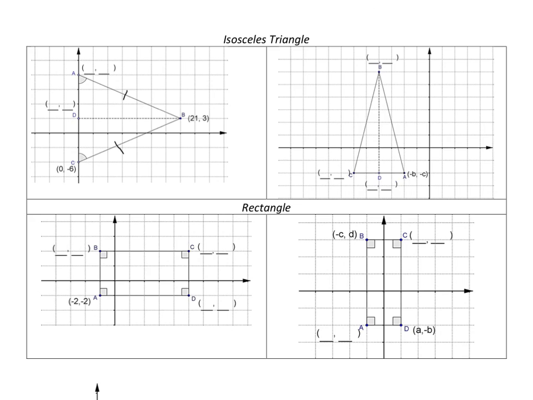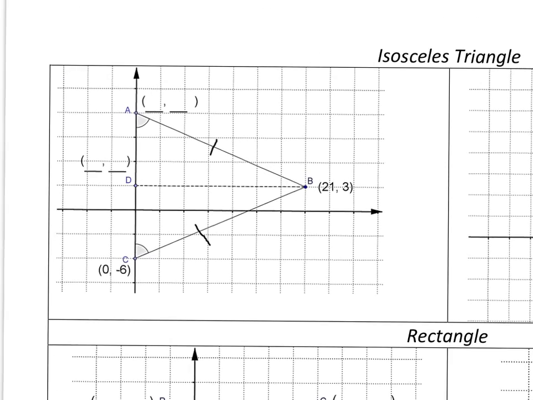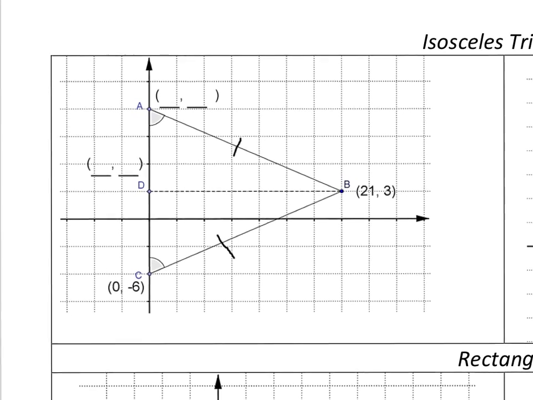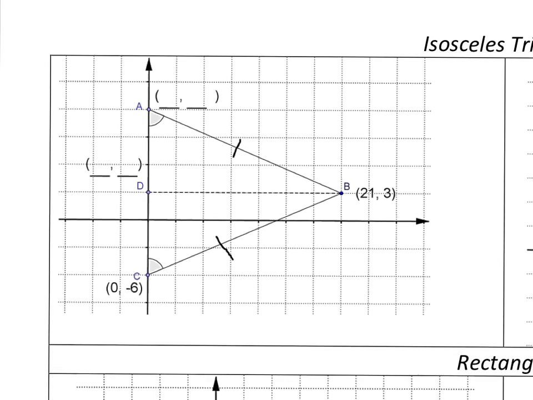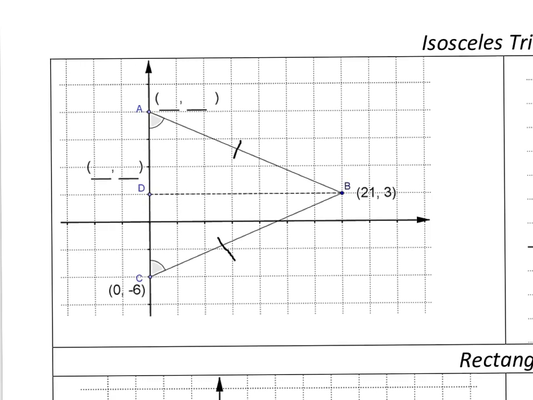Okay, let's take a look at an isosceles triangle. So zooming in here on the upper left, we have an isosceles. And we know that because 2 sides are marked congruent, and the base angles, of course, are also congruent. So we have